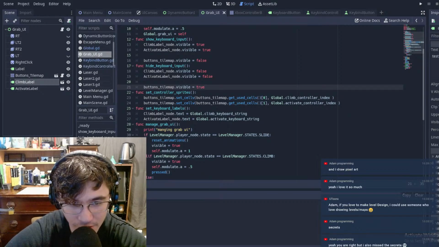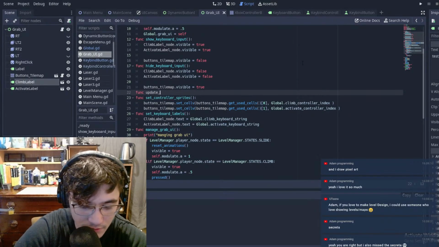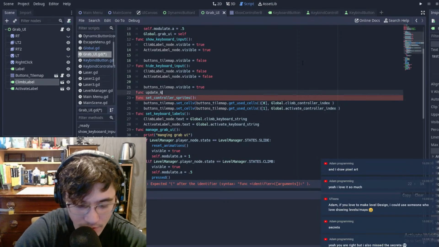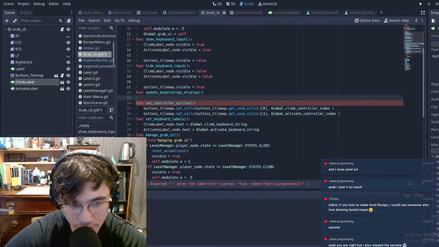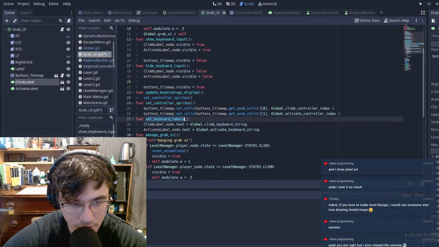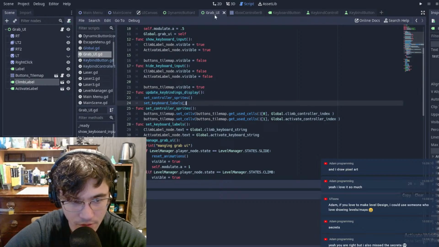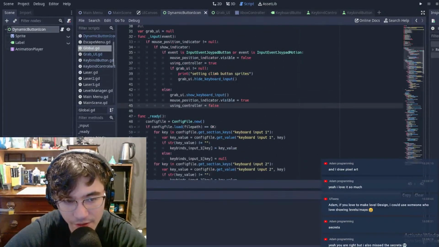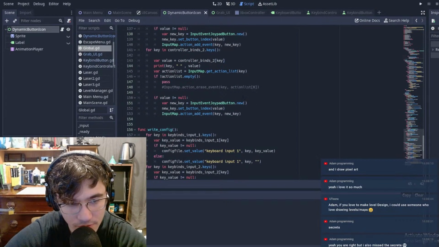Could do func update key bindings display, and just run these two. And then in our global, once everything is saved, this is where we'll put it. So in set keybinds, once this is all done,